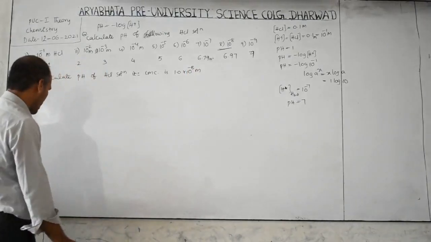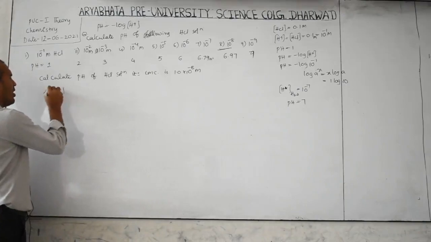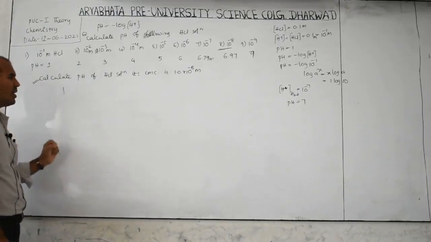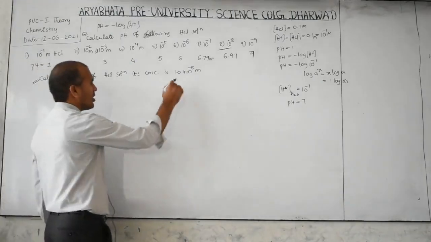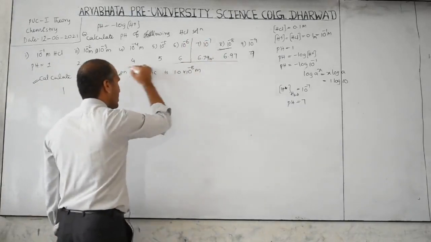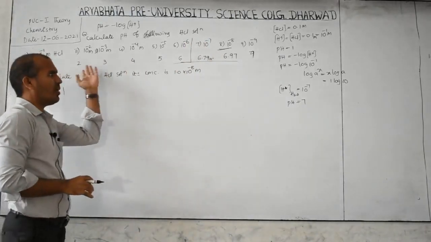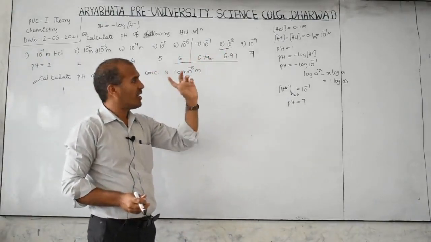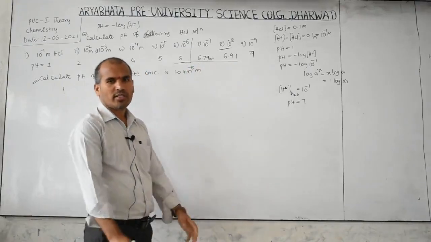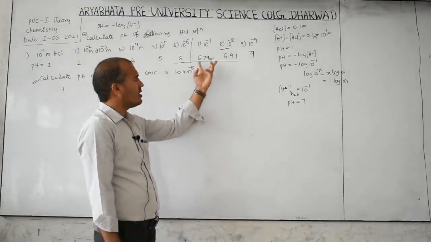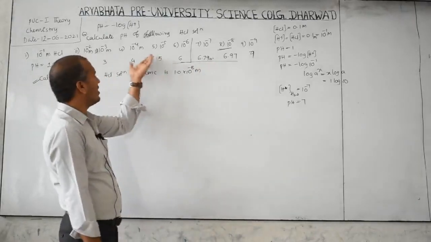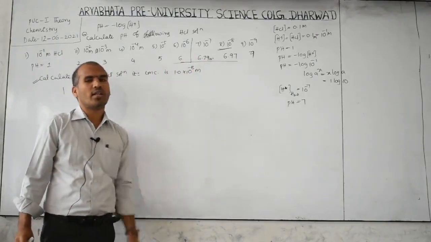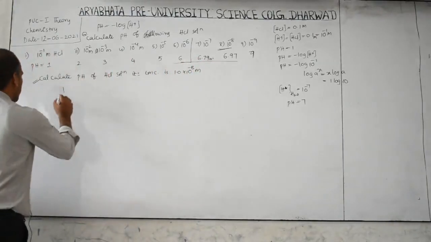If it is given like this, then how to calculate? We know the formula, and this is very important for board level and also competitive level exams. So you have to remember that up to 10 power minus 6, whatever the value is, that will be fixed. But when 10 power minus 7, 10 power minus 8, 10 power minus 9 is there, their pH is different. And in any competitive exam, these questions are frequently asked. These are easy to answer, but some different values are there. Therefore concentrate on how to calculate.